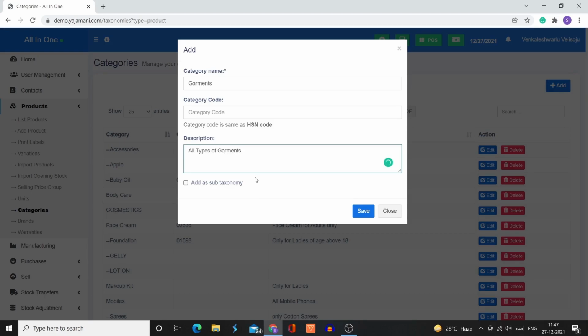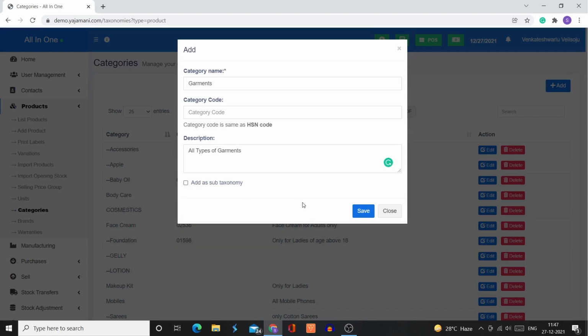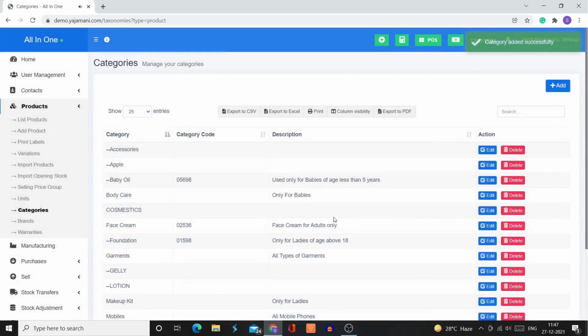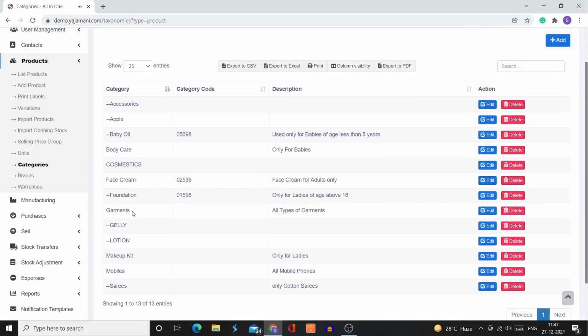If this category is a subtaxonomy of another parent category, then you select the parent category. As garments is the main category, I don't want to select this subtaxonomy, so I have saved it. Here the garments category has been saved, all types of garments.